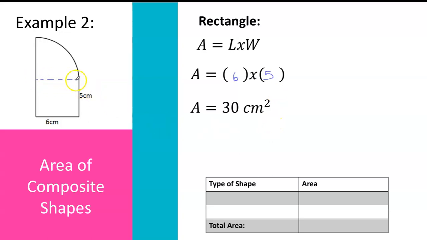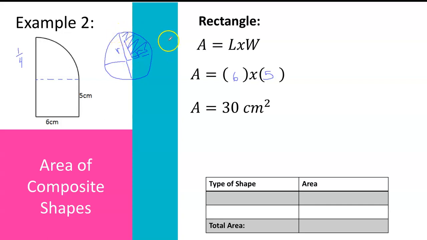Then when I drew the dashed line, I hope that you can see that this top shape is a part of a circle. It's a fourth of a circle. And the reason why I know that is because I can just kind of picture a circle and think about how that dashed line would be the radius. And then this solid line would also be a radius in the circle. And I know it's a quarter because a quarter of a circle looks sort of like a triangle, except it has a curved